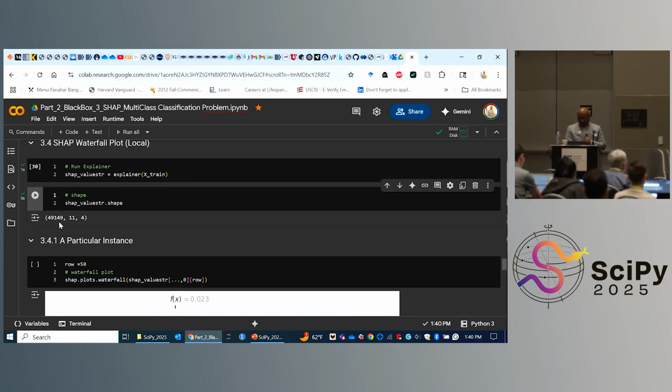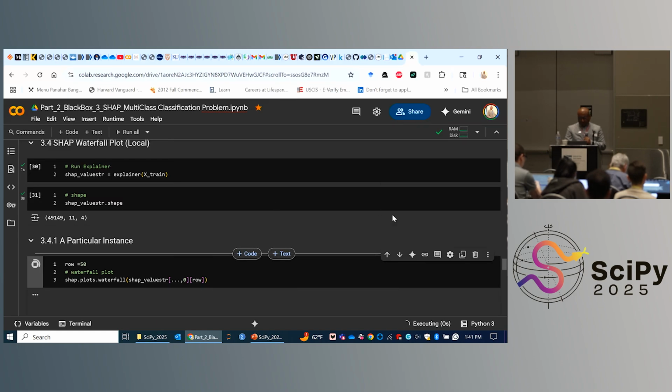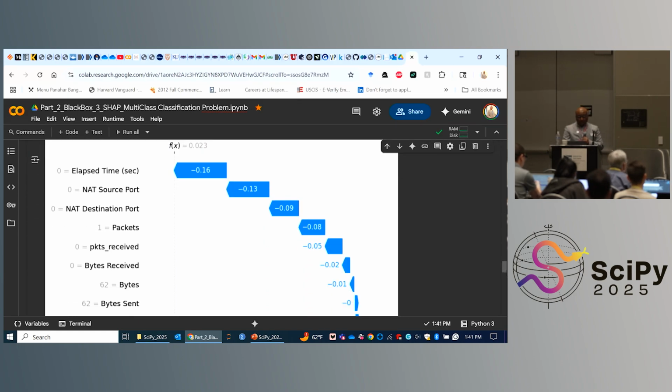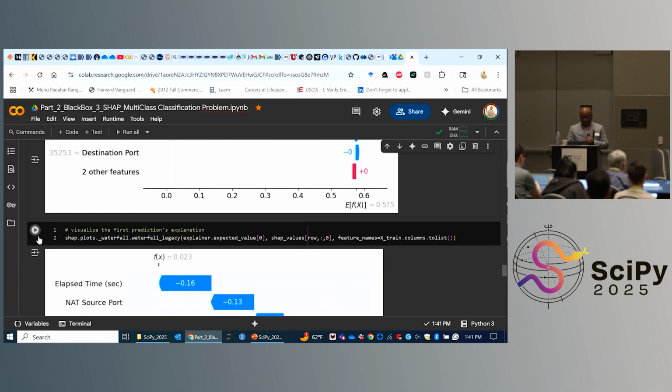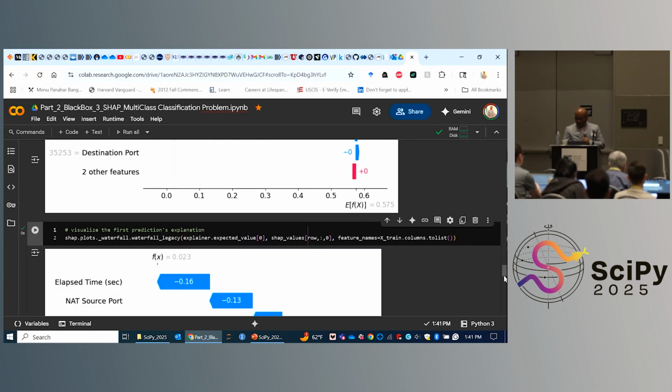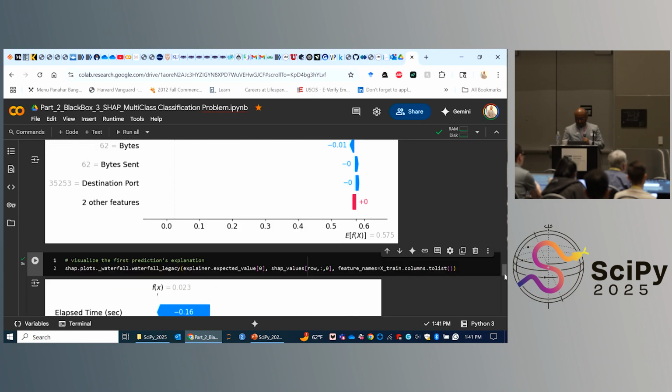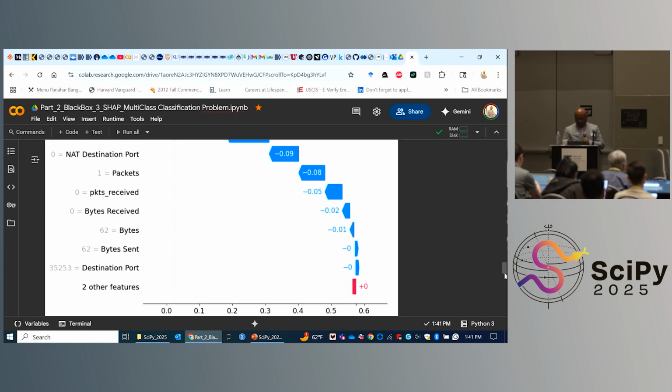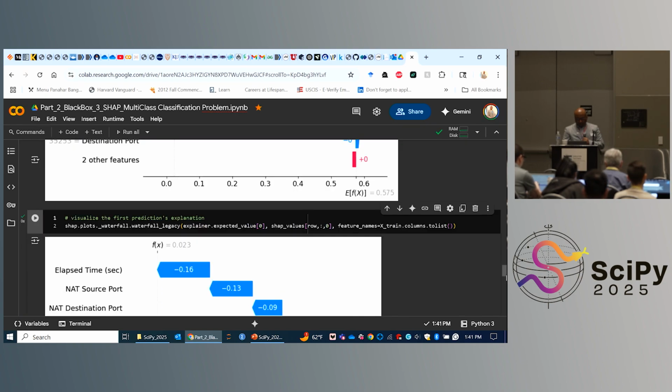So then this is the waterfall plot. We try to run the waterfall plot. Look at that. These are instances, 49,000, 11 independent features, 4 subgroups of dependent features. So these are 1 dependent feature and 4 subgroups. So 0, 1, 2, 3, so 4, with the multi-class classification. So this is row 50 and